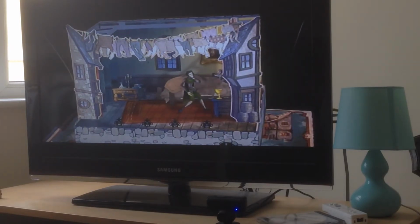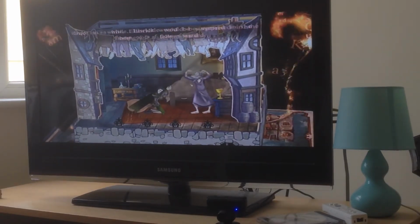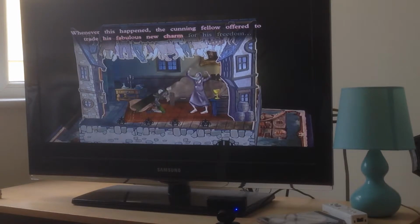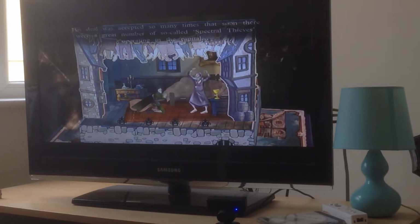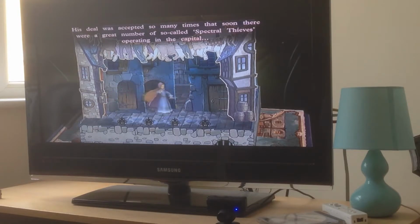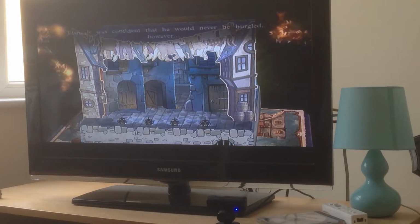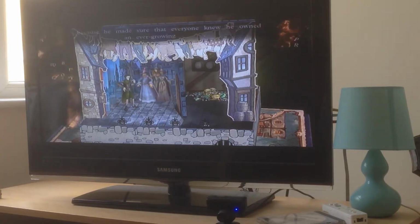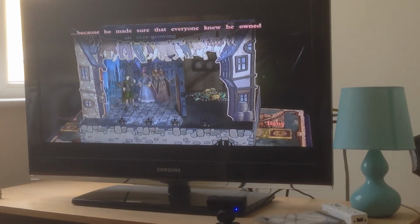Elsrickle would be surprised in the home of a fellow wizard. Whenever this happened, the cunning fellow offered to trade his fabulous new charm for his freedom. His deal was accepted so many times that soon there were a great number of so-called spectral thieves operating in the capital. Elsrickle was confident that he would never be burgled, however, because he made sure that everyone knew he owned an ever-growing...